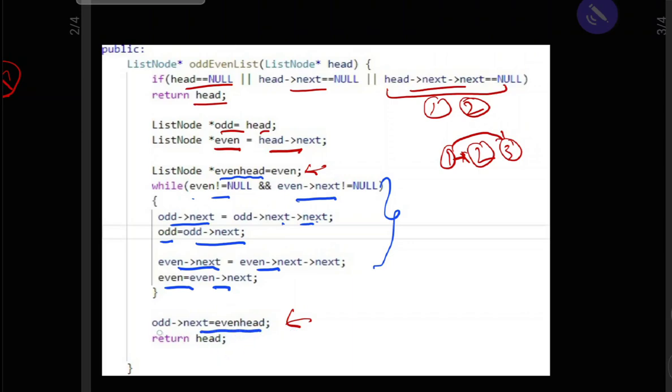In the end, we append odd's next to even head, which we already stored.